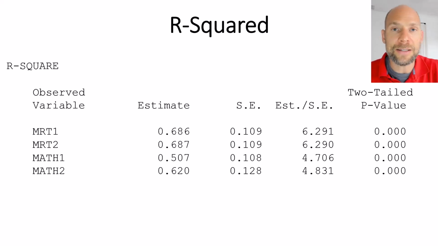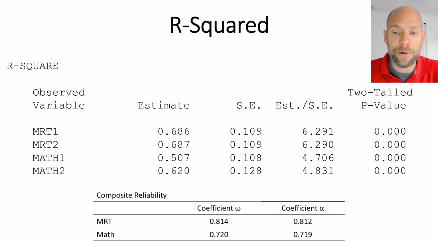Now, Mplus does not currently output composite reliability, but other programs do. For example, the JASP program, which is free and for which you can find videos on this channel here where I show how you can run CFA in JASP, actually does have an option for composite reliability, which is very nice. And so I ran the same model also in JASP, and I got this nice composite reliability output here with